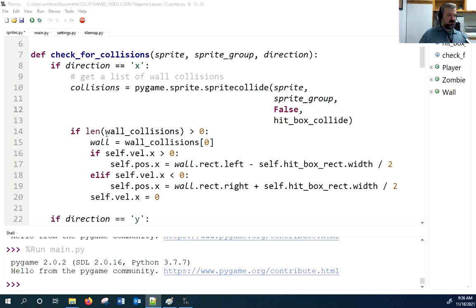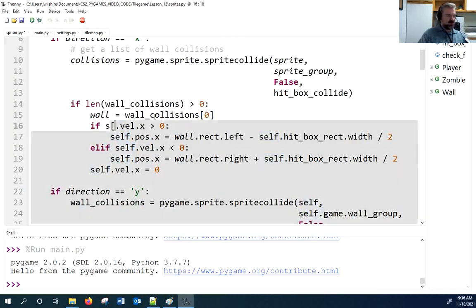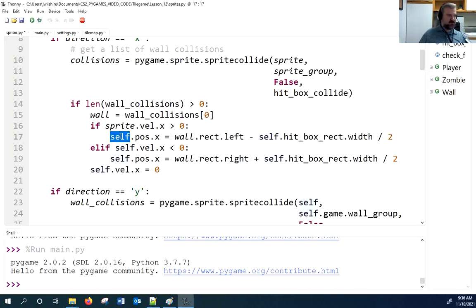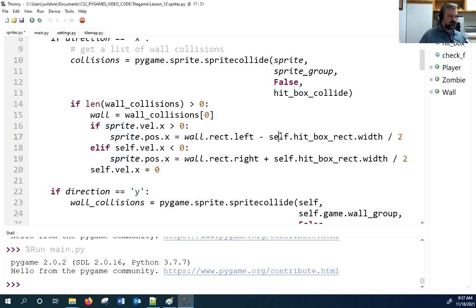So now all these self.vel x's are going to have to become sprite.velocityx. And this will be sprite.position. So I'm just going to copy and paste sprite here. There we go. And wall collisions,